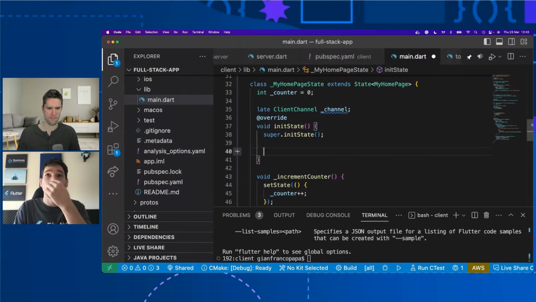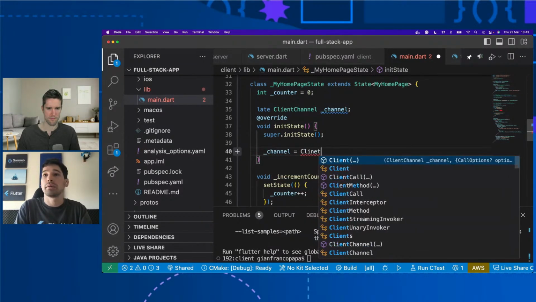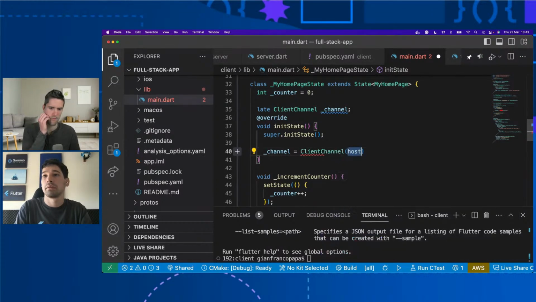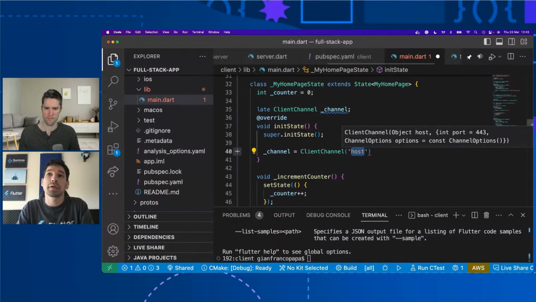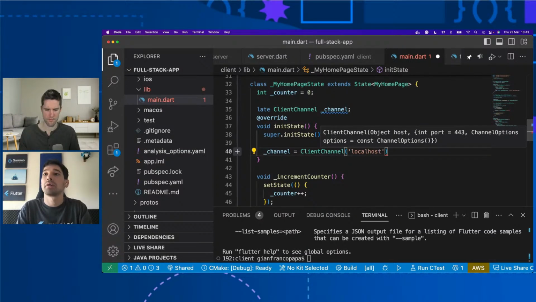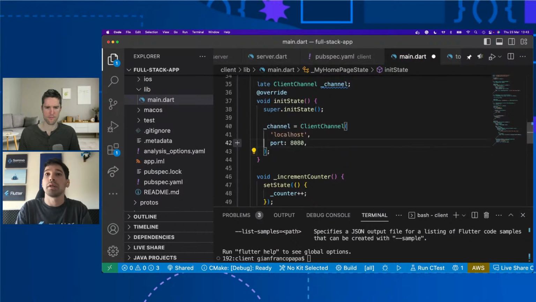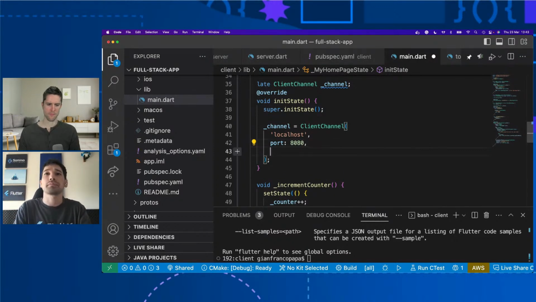And here what we can do is create a client channel here. And the host will be, in this case, localhost, right? Because we are working in our machine. And the port, remember, we chose 8080, although it could be the one that we are providing to the server through the environment variables.